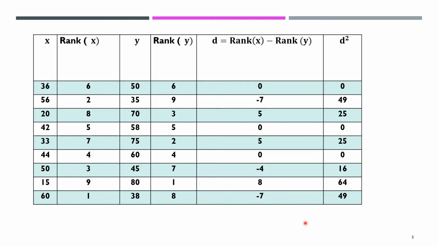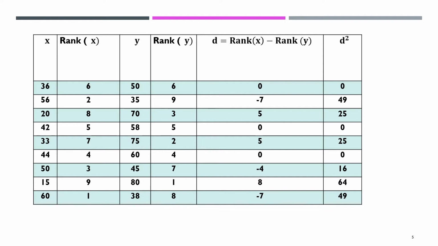So what we are doing is, we are calculating the ranks of X starting from the highest to the lowest. Highest is given rank 1, lowest is given the last rank. Similarly for Y also. Then we calculate the difference in the ranks, denote it by D, and then calculate D square. Next step will be to add up the D square column. Only D square is required in the formula. So we have to add all these D square values and calculate summation D square.